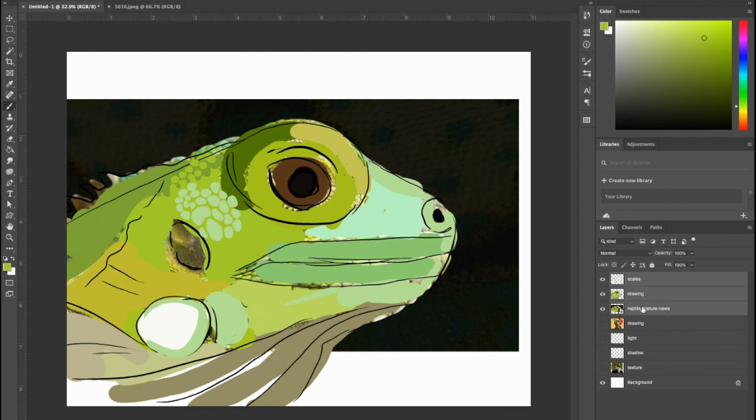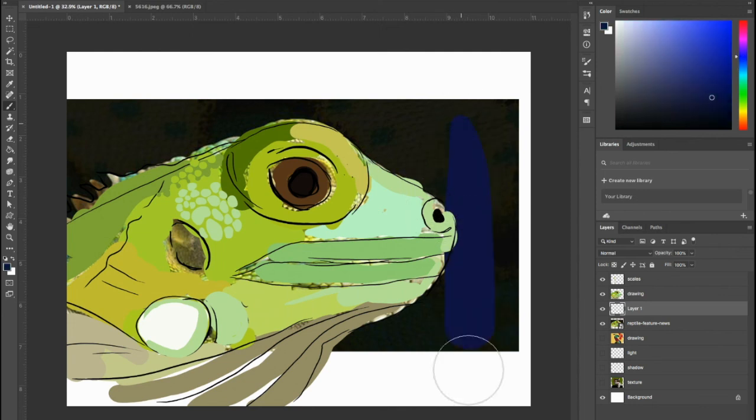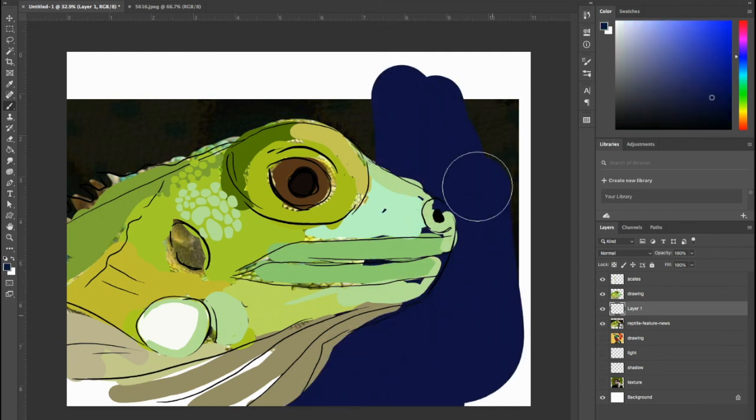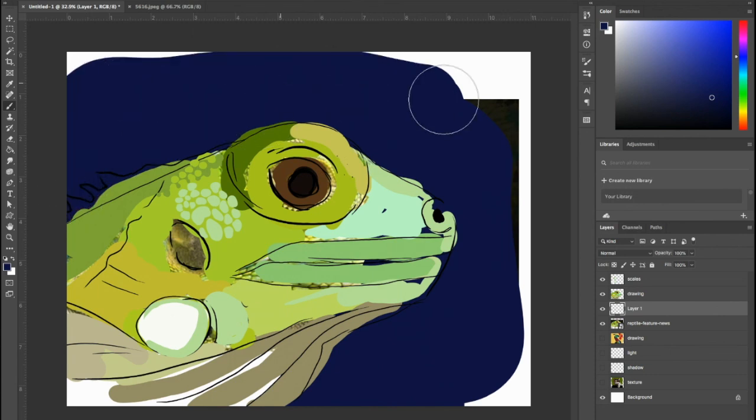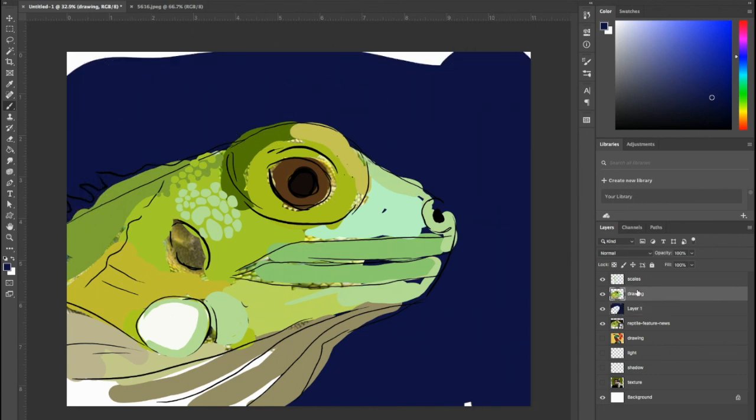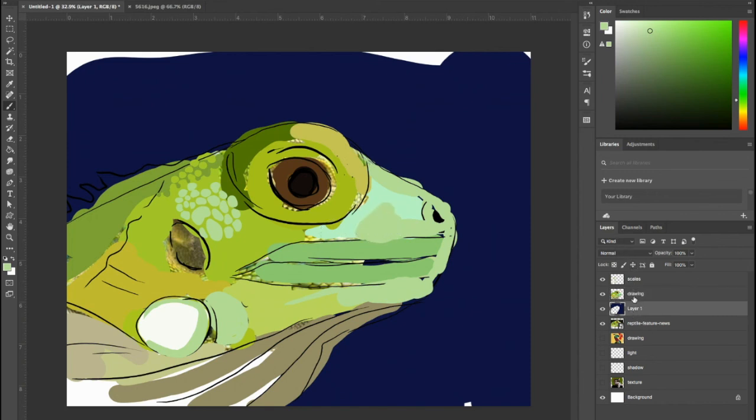Once you're done, I want to put in the background just like the other ones. And once again, for my background, if I think black is boring and I want it to be dark blue, then make it what you want it to be. All right, so I'm going to put in a dark blue background. And once you have everything set up to be the way that you want it to be,